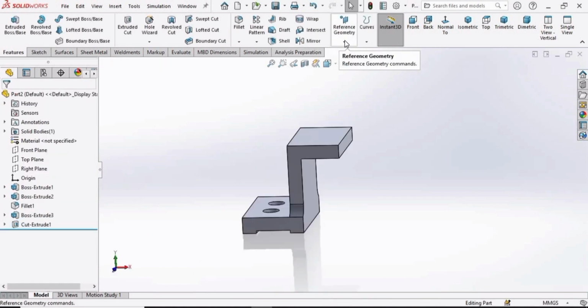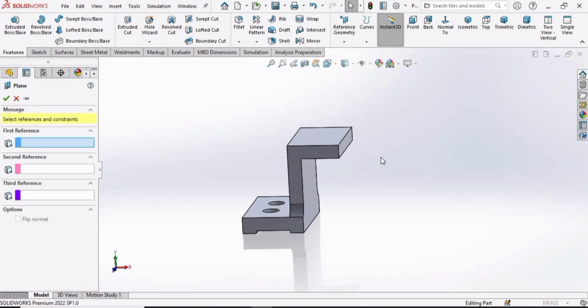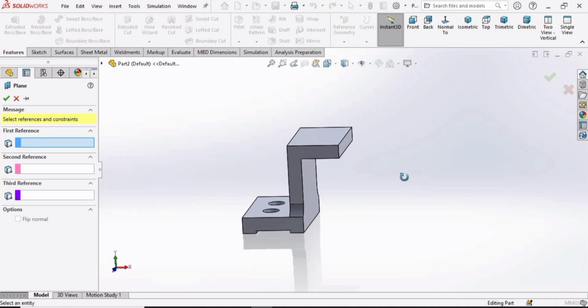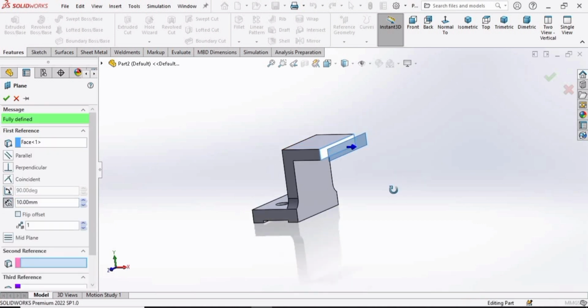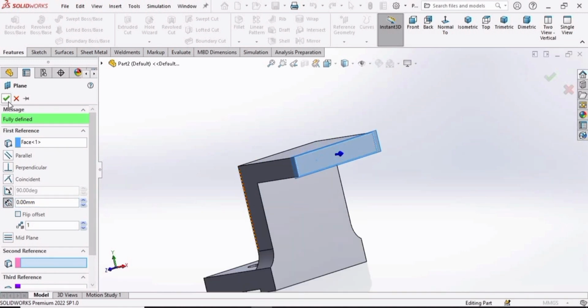And now in reference geometry select this plane. We need this plane because we want to mirror the same thing, this same body. So select this face and here specify 0 millimeter, specify 0 and then press enter and then check this box. So plane is created here,